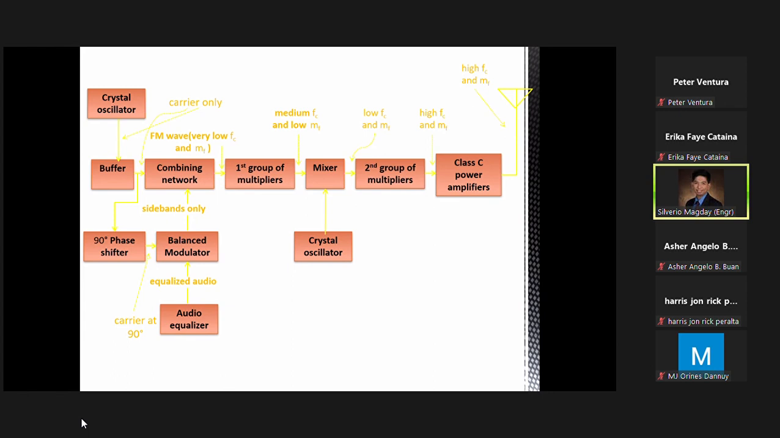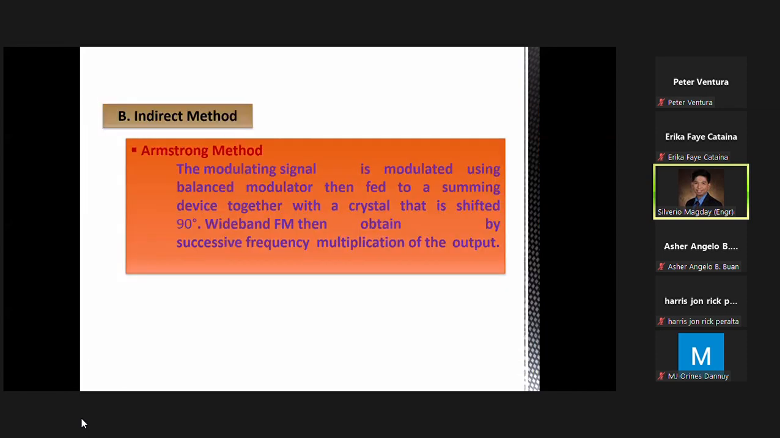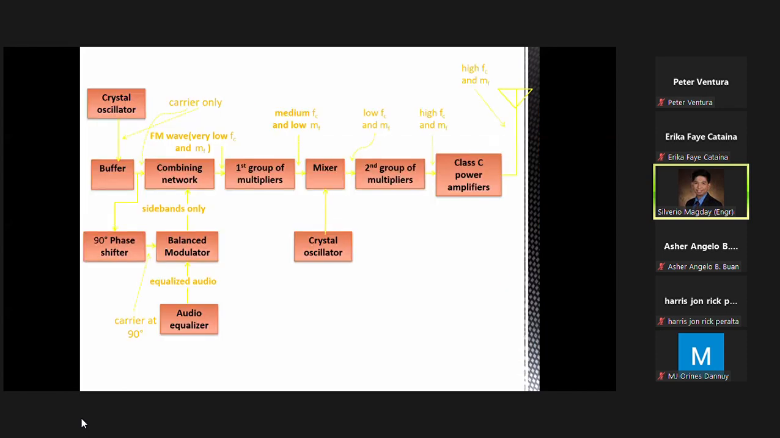Ito for direct methods. The Armstrong method. Ay, ito pala. Yung for the indirect method. So the FM is obtained through your phase modulation, crystal oscillator, then going to the buffer, my combining network, sidebands